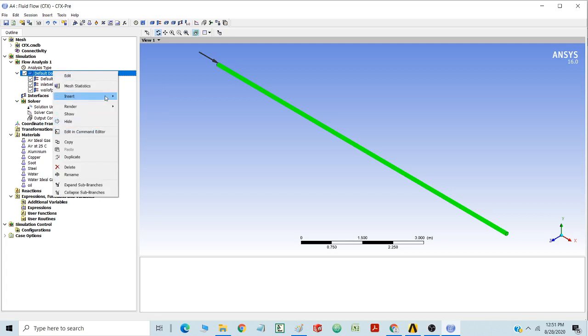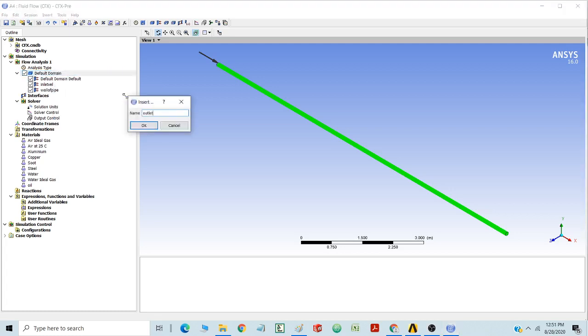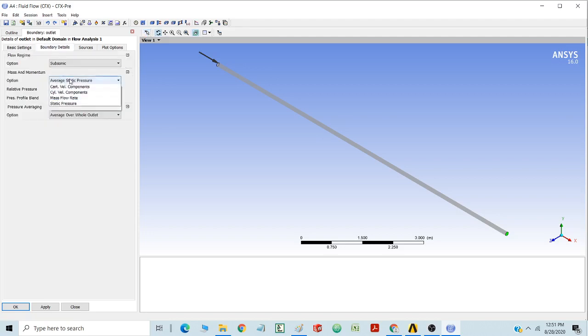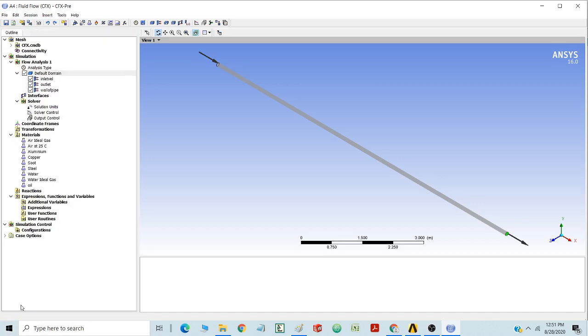So I am going to click outlet here, outlet. And in the outlet, by default it has taken outlet, else we should go for selecting the outlet name location from the list itself. Now we are going to see boundary here. So I am going to select static pressure here, because atmospheric pressure is the outside pressure. So I am writing 0 because reference pressure is 1 atmospheric pressure. So I will click OK here.